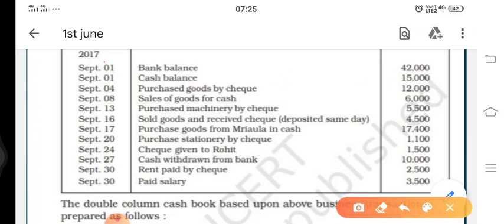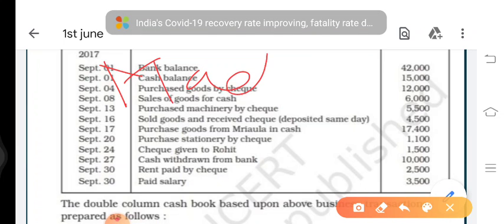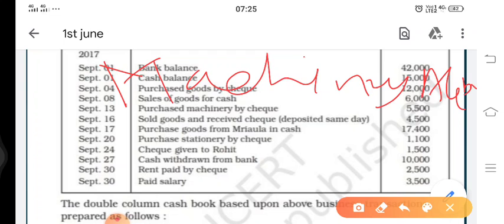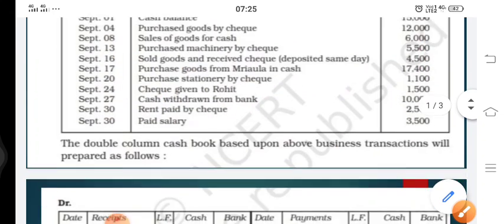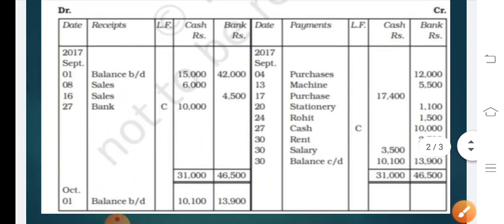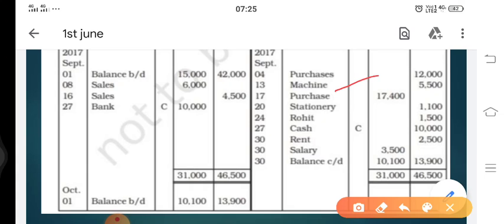But if you look from the journal point of view, you have purchased machinery, so machinery coming into the business, and hence machinery account got debited. And we have purchased machinery and made payment by check. That means payment is made through bank. So bank is the giver. So machinery account debit to bank account. Here bank got credited. So we'll go to credit side of bank and we'll write here by machinery 5,500.